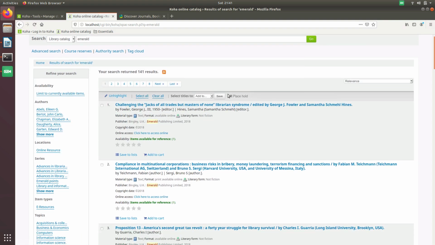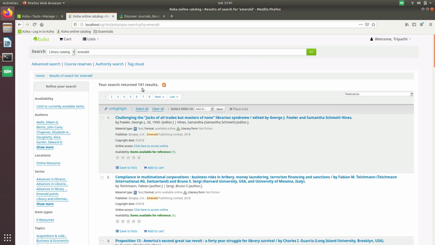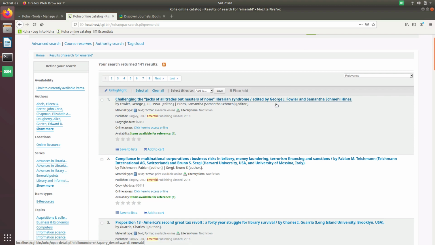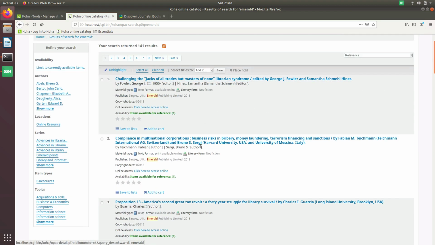You can see here it has shown a total of 141 results. Earlier also I had imported some records from Emerald, that's why it is showing. Now you can see it has listed, and the publisher name is Emerald.